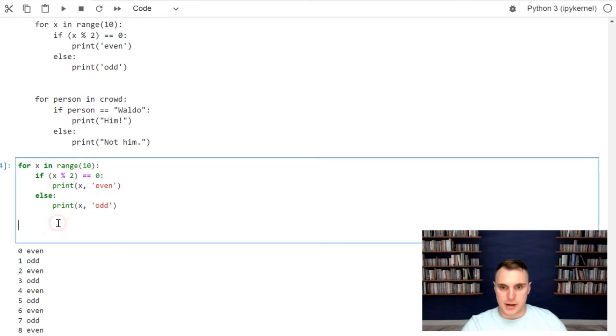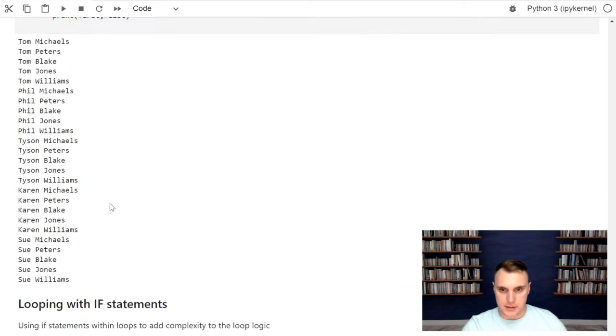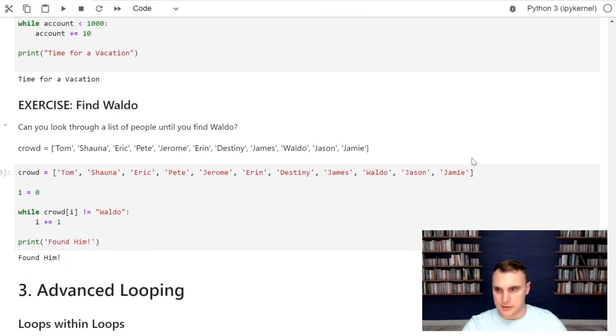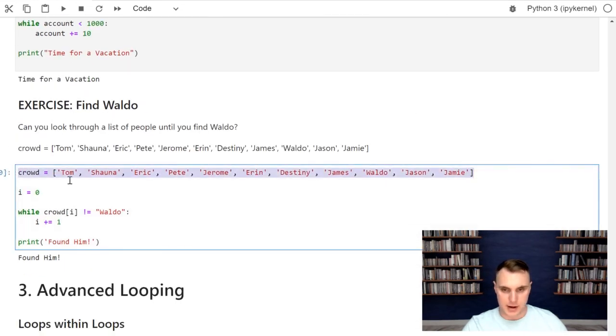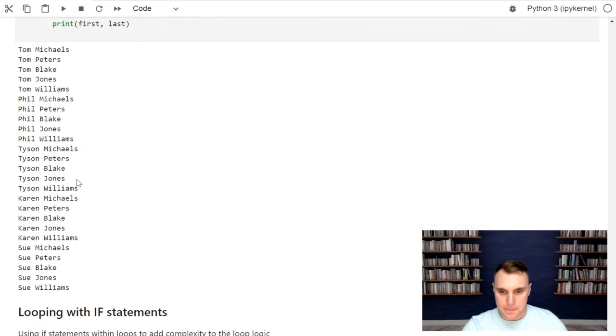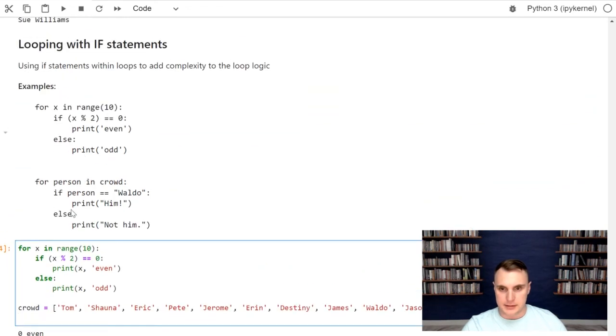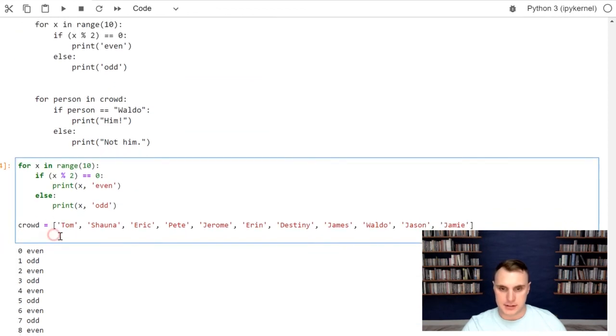Okay, if you remember back to the Where's Waldo thing, if I come back up to the top, right here under the exercise Find Waldo, I'm actually just going to grab this list and come back down here. So now I have this list of people in the crowd, and now I want to say if the person is Waldo, say him. If not, then I say not him. So I'm going to say